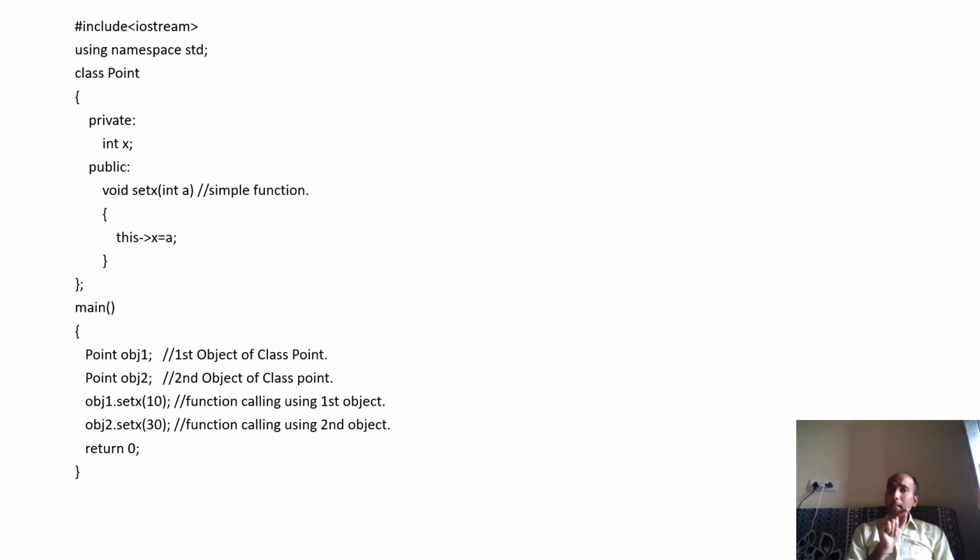So definitely the address of obj2 is required by the setx method, because how else would it know that it has to put the value onto the memory of obj2, or put the value of obj1 onto the memory of obj1? Definitely somebody is giving the address of obj1 and obj2 to the setx method, and this is nothing but the this pointer. So the this pointer contains the address of the current object which is calling the member function. So that is about the this pointer. In any program you have written till now, you can use the this pointer.